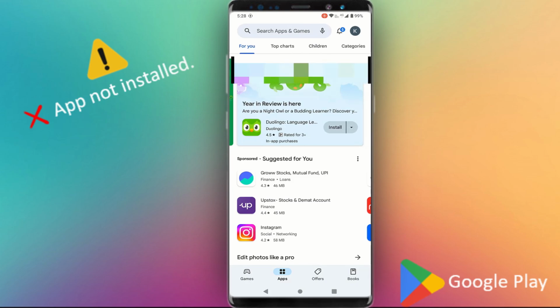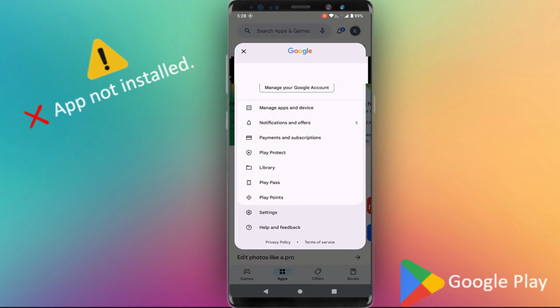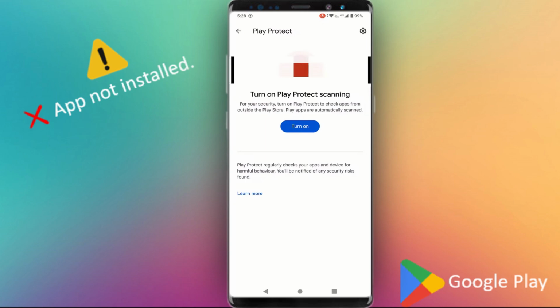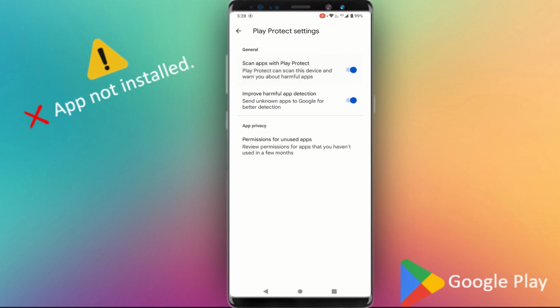So after you successfully install your APK file app, once again go to your profile and Play Protect and settings and turn on